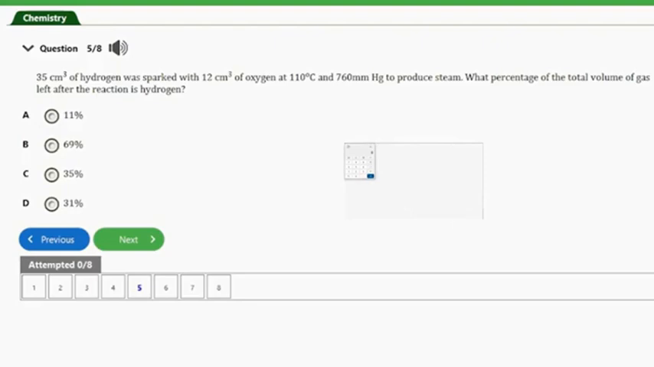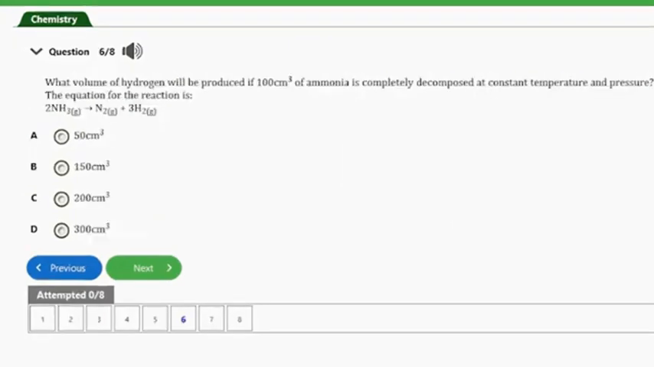So let's go ahead and wipe this off, and then let's consider the next question, guys. So the next question here, guys, is question number 6. It says, what volume of hydrogen will be produced if 100 cm³ of ammonia is completely decomposed at constant temperature and pressure. The equation for this reaction is 2 molecules of ammonia decomposing to form 1 molecule of nitrogen and 3 molecules of hydrogen. So guys, we are simply just going to use this equation of the reaction here to know the